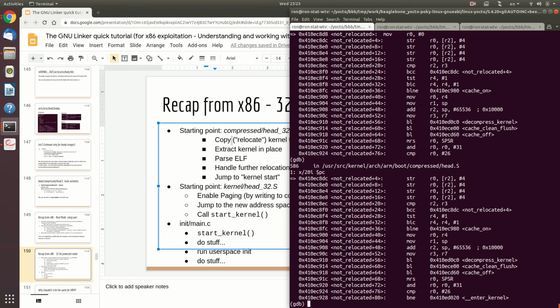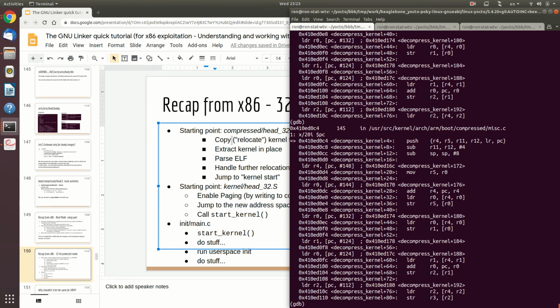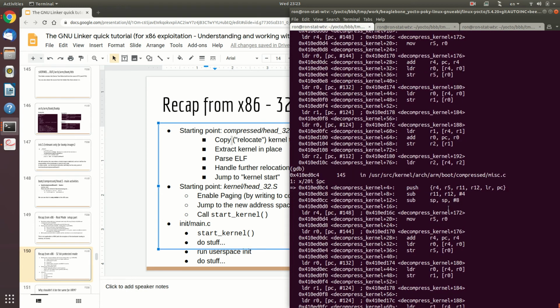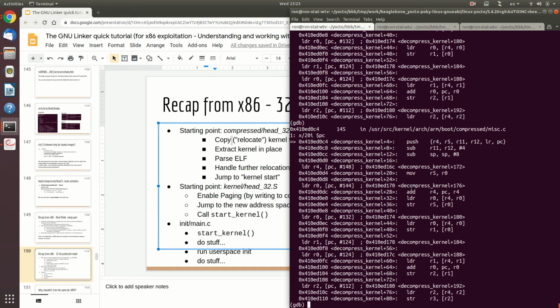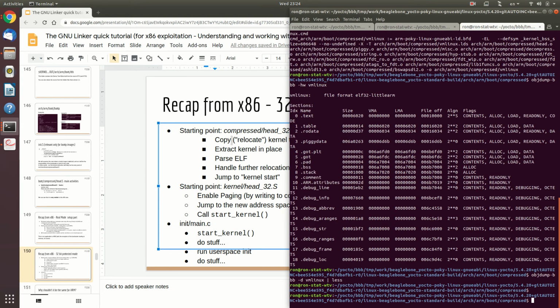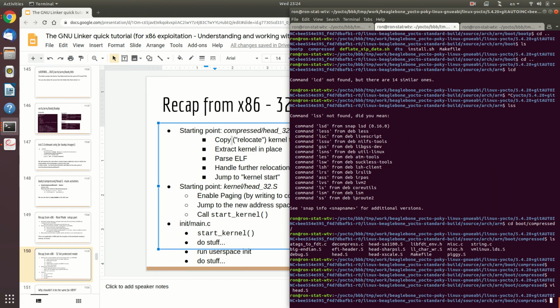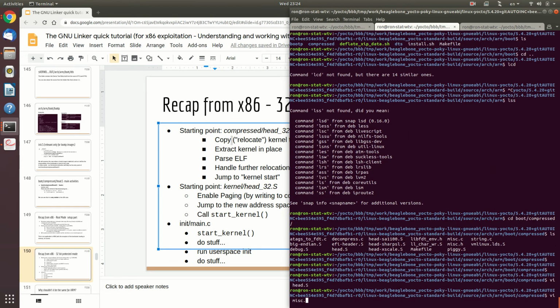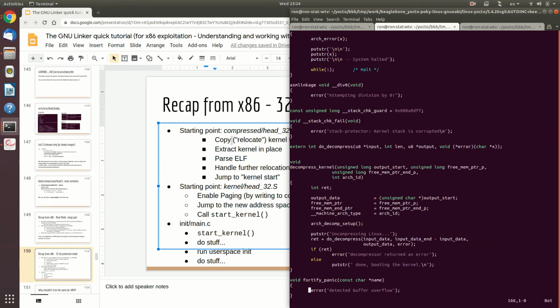And now look at this. So this is not relocated, and the not relocated code actually called decompress kernel. Now decompress kernel, as I mentioned in the x86 case, is going to call the relevant algorithm. In this particular case it's going to be GZ, and do all kinds of things. And what we can see here is that under misc.c, in compressed, we have the decompress kernel function